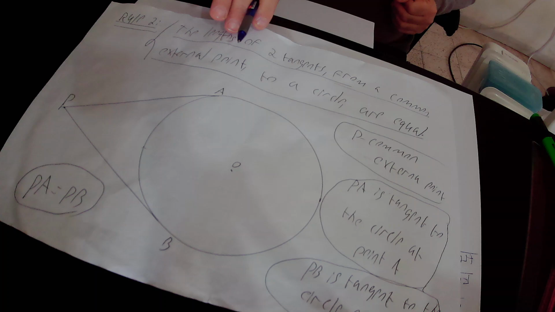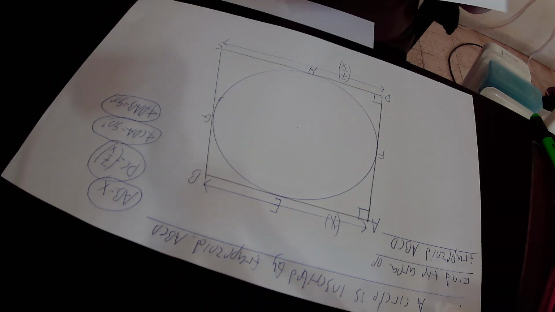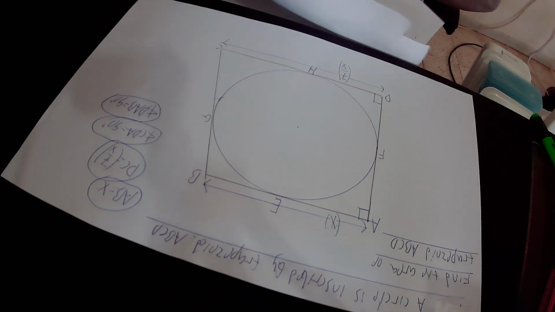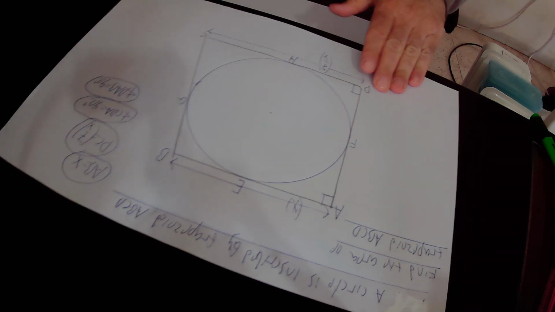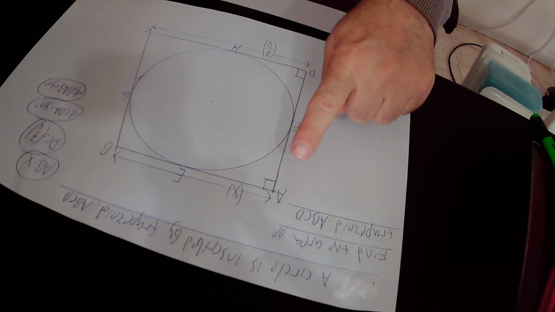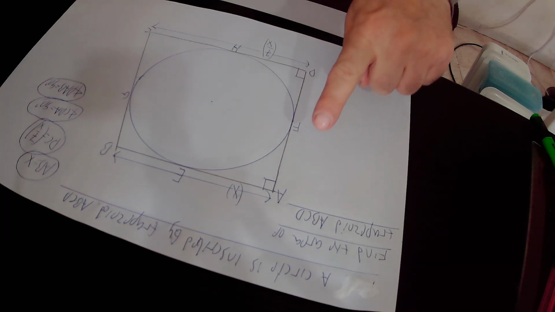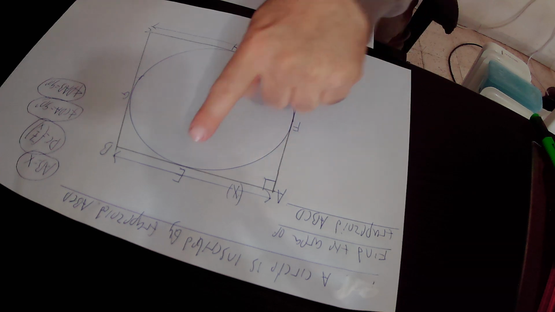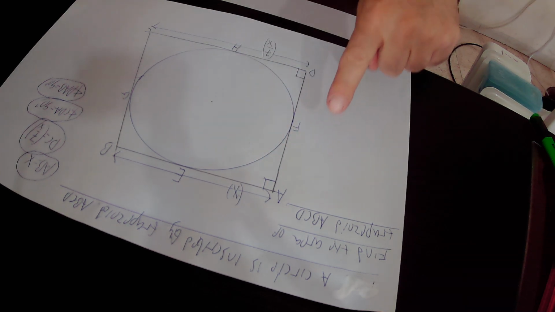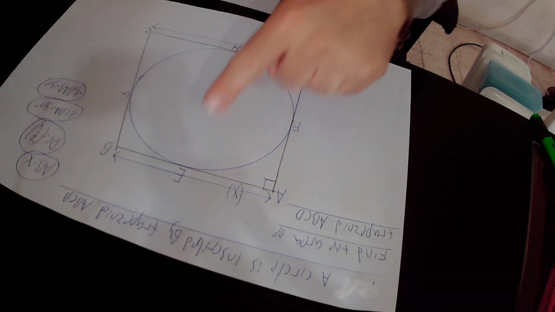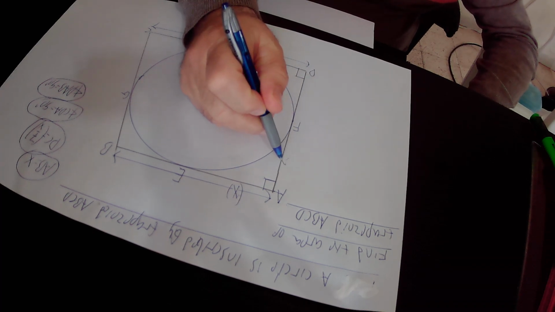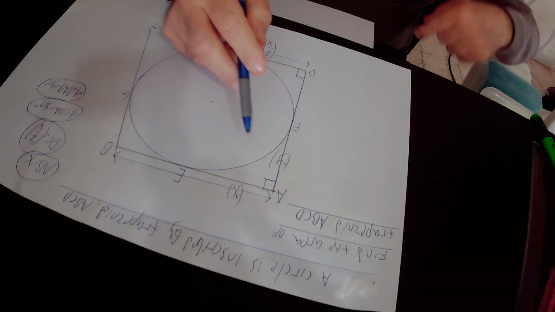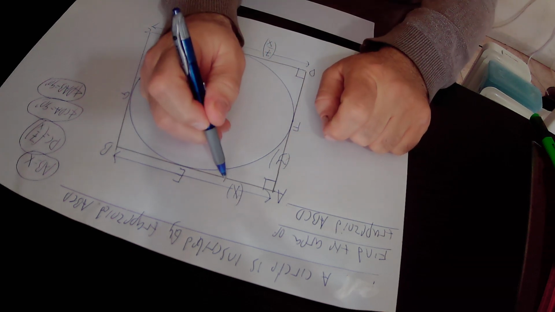So I can actually implement rule 2 in our drawing. Why? Because in our drawing, if we focus on this connection point A, from this point A we have two tangents to this circle. We have tangent AF and tangent AE, and according to rule 2, they are equal to each other. That is to say, AF equals AE. So if we define the length of tangent AF as y, then the length of this tangent AE must also be equal to y, because they are equal to each other,